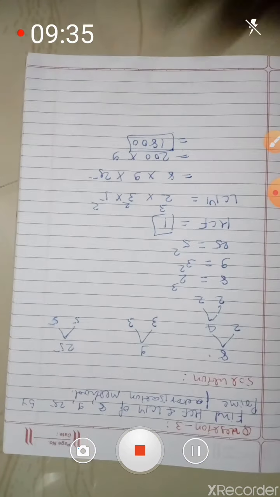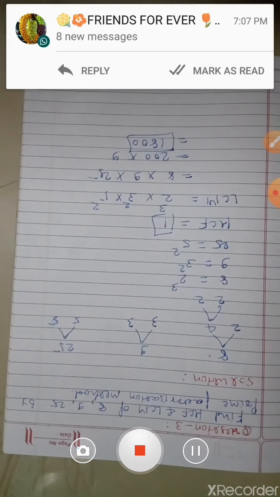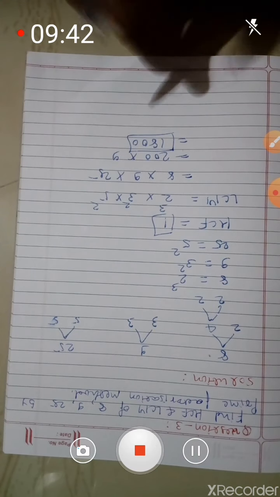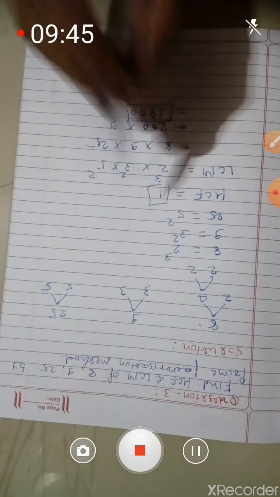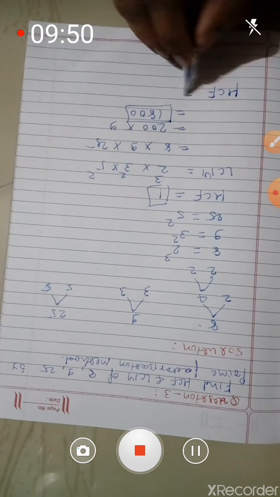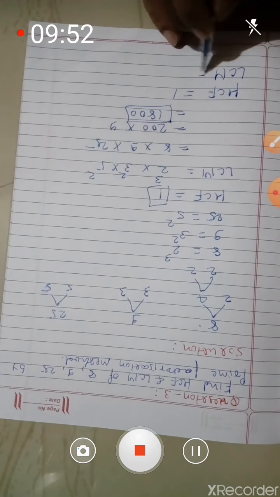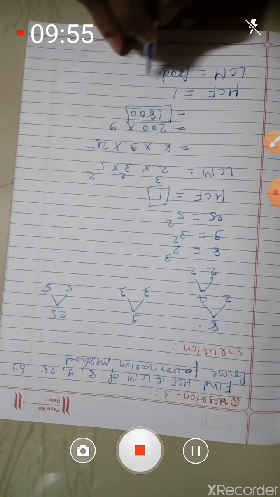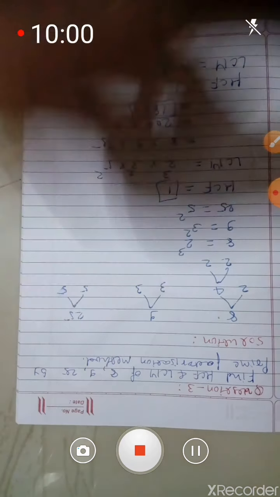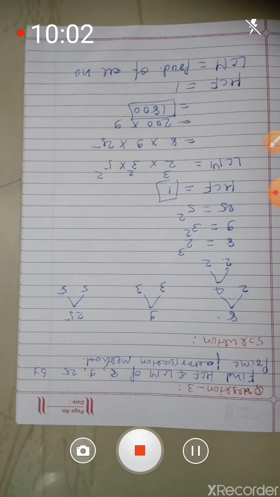Here you notice one thing. These are co-prime numbers. Co-prime numbers mean HCF is 1. If HCF is 1, then they are co-prime numbers. So whenever co-prime numbers are given, at that time HCF is always 1 and LCM is the product of all numbers. So remember, whenever numbers are co-prime, what co-prime means we already went through in probability. So at that time HCF is 1 and LCM is the product of all numbers.